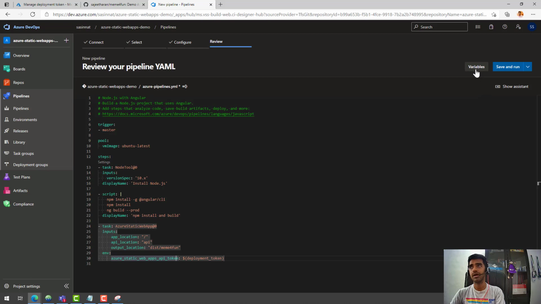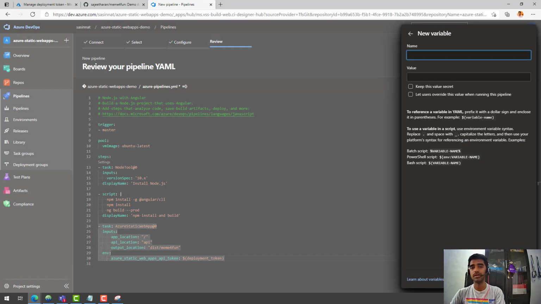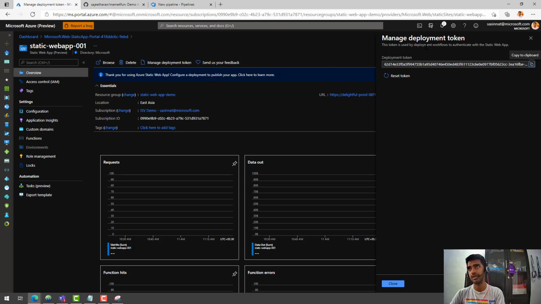Once you do that, you can navigate to the variable section and create a new variable. When you create a new variable, it needs to match the variable that you have defined there. So it needs to be the same as what you define in the task. So I'm going to put the same thing, and then you need to copy and paste the token which was available in the Azure Static Web Apps Managed Deployment token.